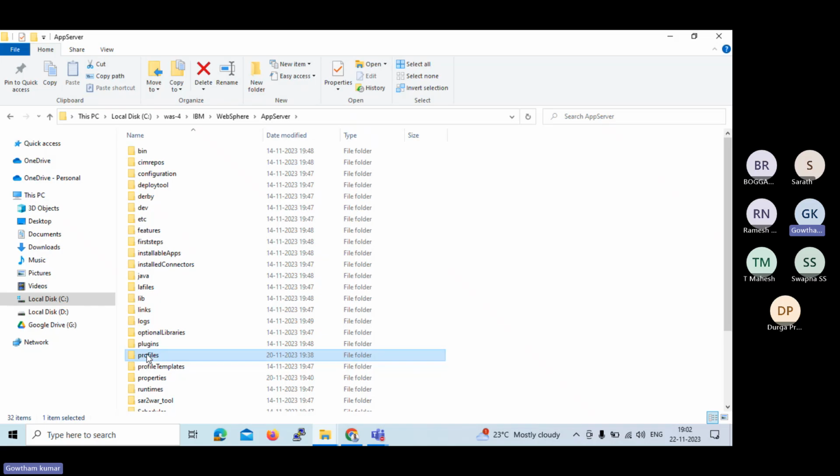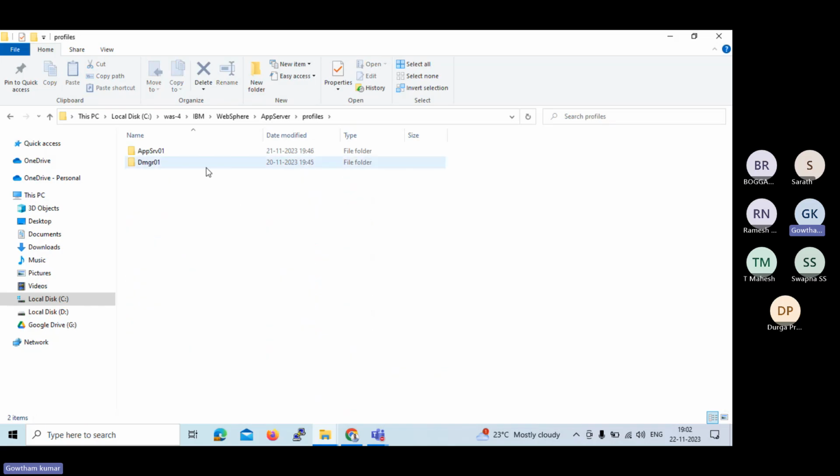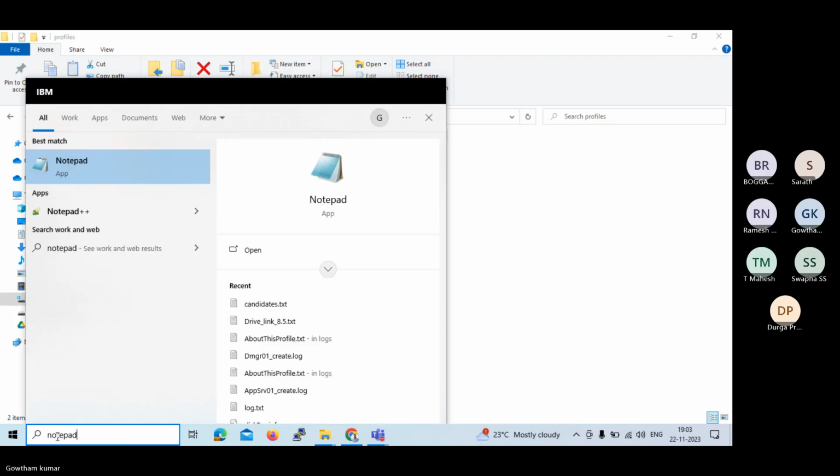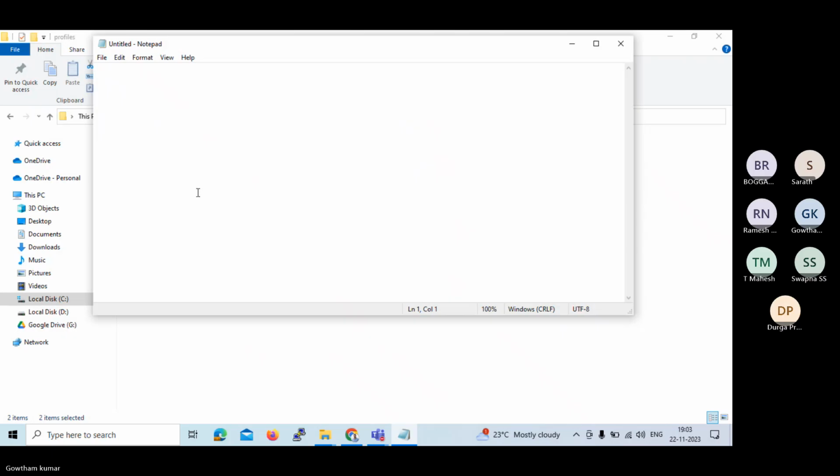Till yesterday, what we have done, we have created application server profile, we have created dmgr profile, and we have federated this application server profile node with the dmgr cell, correct? So today, what we are going to learn,